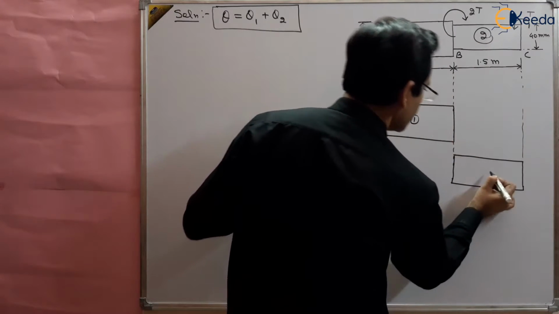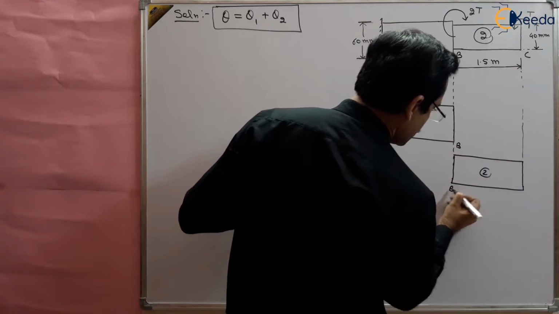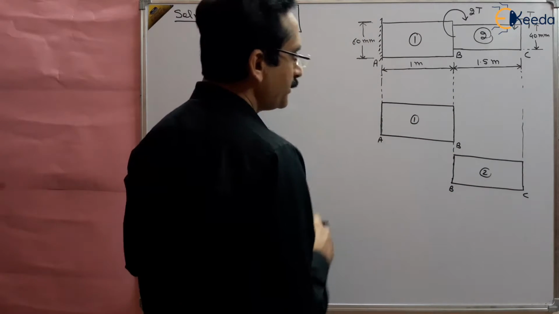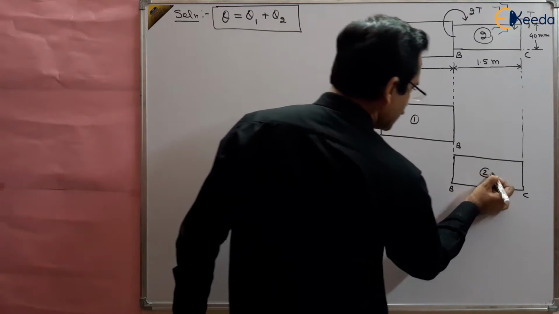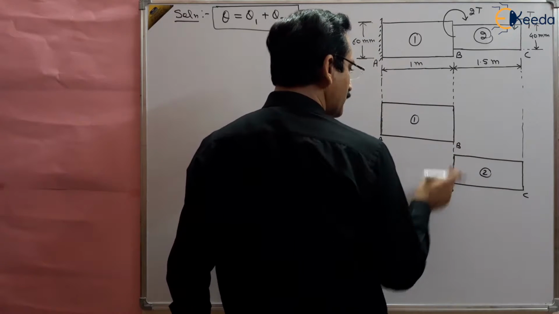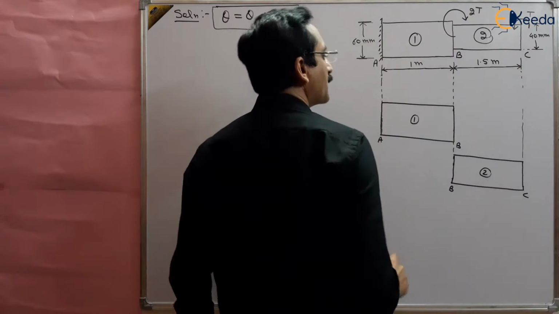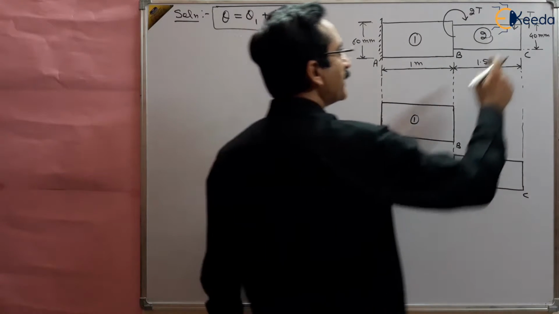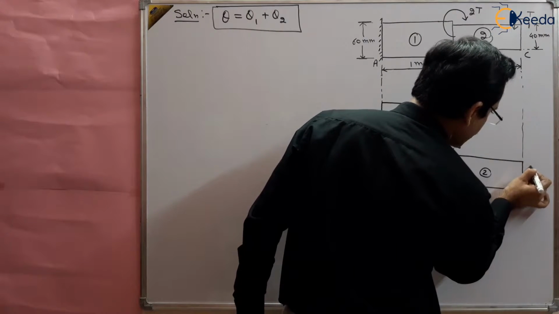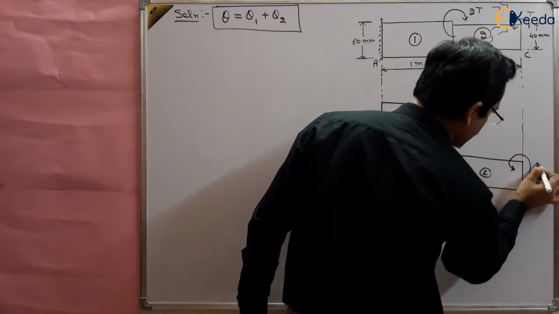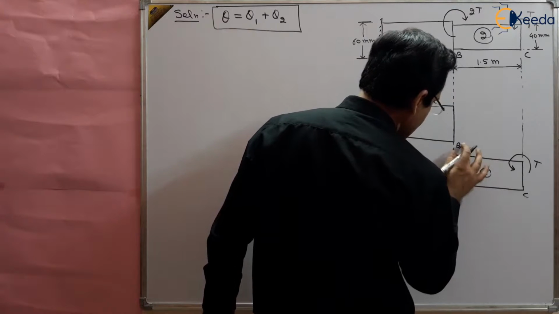This is the first body, this is the second body, and these are A, B and B, C. Now what is happening here is that part B is common to the two bodies. The total torque on B should be equal to 2T. So for equilibrium, the anti-clockwise torque at point C is not common to any other point, so we can safely apply the anti-clockwise torque T there. Here it should be clockwise T.